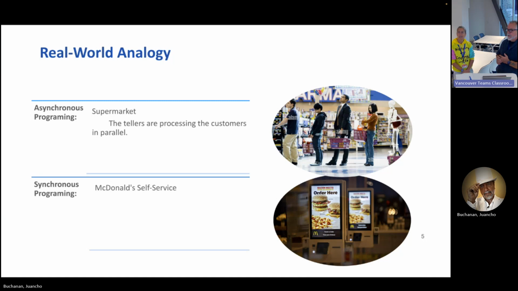And then synchronous programming was McDonald's self-service, because you order and then it actually goes into an asynchronous backend. Yeah, this example is very interesting to me because I see multiple self-service booths there, which would be a lot like the multiple cashiers. I'm not really sure about this example, but let's go into code because code makes more sense. Yeah, I think what this example is trying to say is, if you're the only customer and there's only one of these, then it would be synchronous.